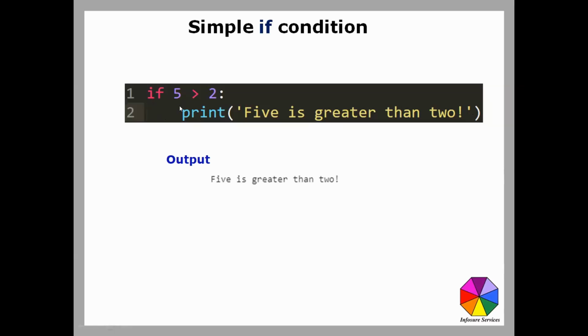Unlike other programming languages, where Java or C would have flower brackets for this next line, the second line here is just doing a print, 5 is greater than 2. You know this already, but what I'm trying to point out is that 4 character spaces is the standard syntax for indentation. Even if it's 3, it'll error. When you do 4, it means this block of code, from the next line onward, is indented